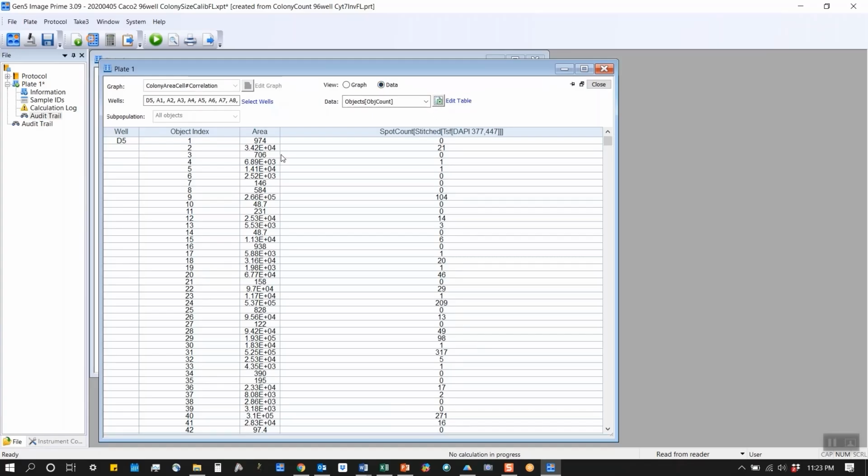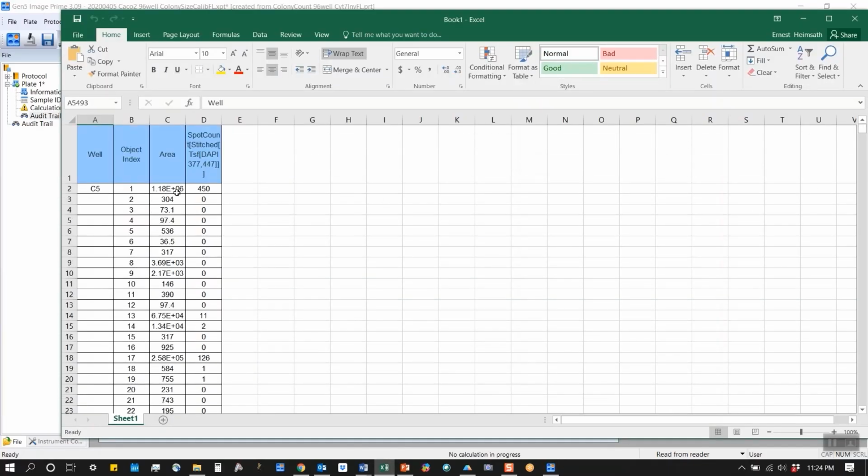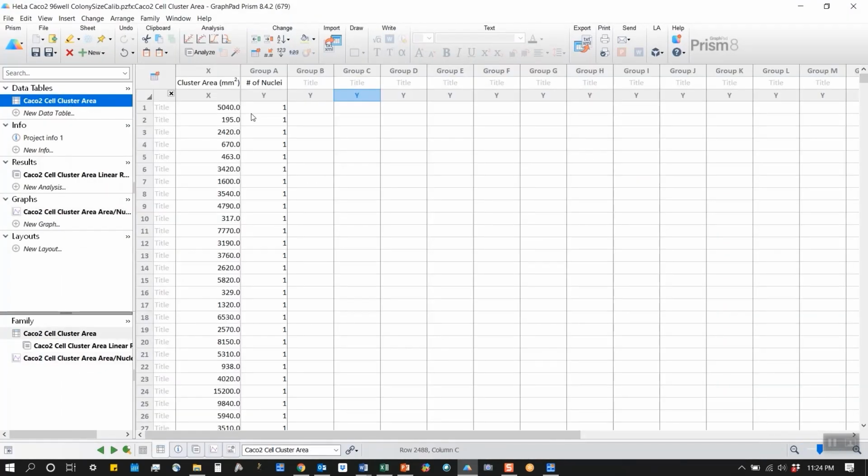What this does is export this data into Excel, as shown here. Now, you can select the values that you're interested in. In this case, we're interested in the columns that represent the area of the colony and the number of nuclei within them. Then select those and paste them into